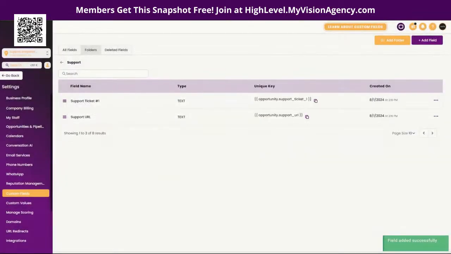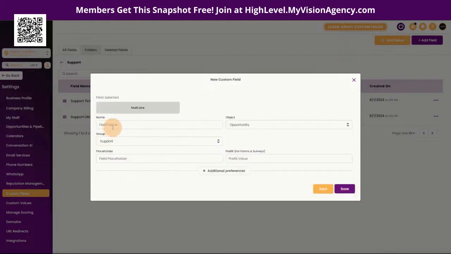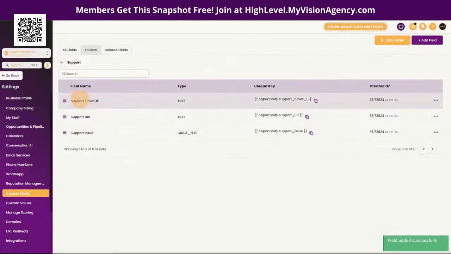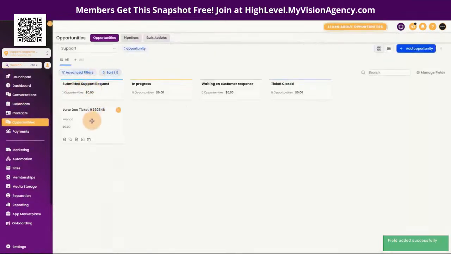And then now we have support issue. All right. So let's go ahead and add that there. And this time we're going to do large text because it's probably more info there. We're going to say support issue and opportunity and support and save. So now that we've added that, if we go back to our opportunities pipeline here, you'll see when we look at this card here,